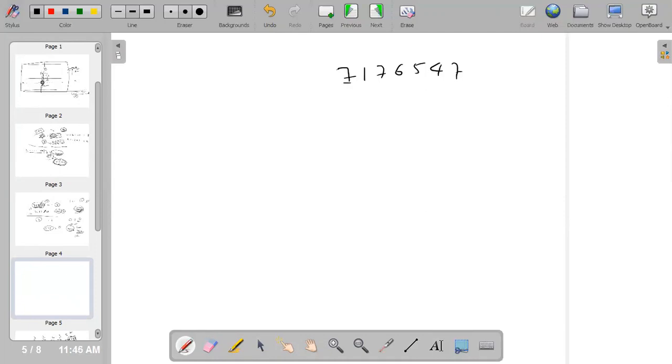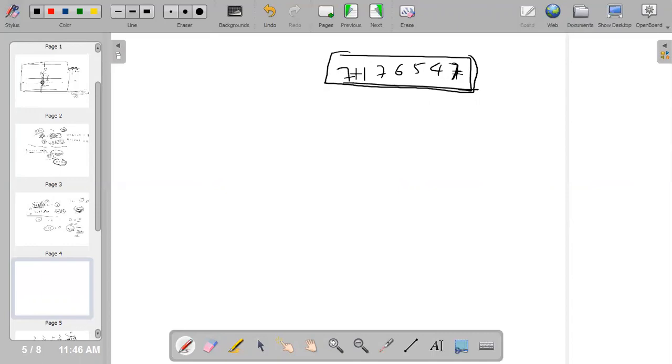So the toughest part of this problem is, let's say 7176547 is the number, and I need to get how many 7s are there. This is not a string as of now. This is one number, an integer, so you cannot do a loop or something. So how can we process the number?